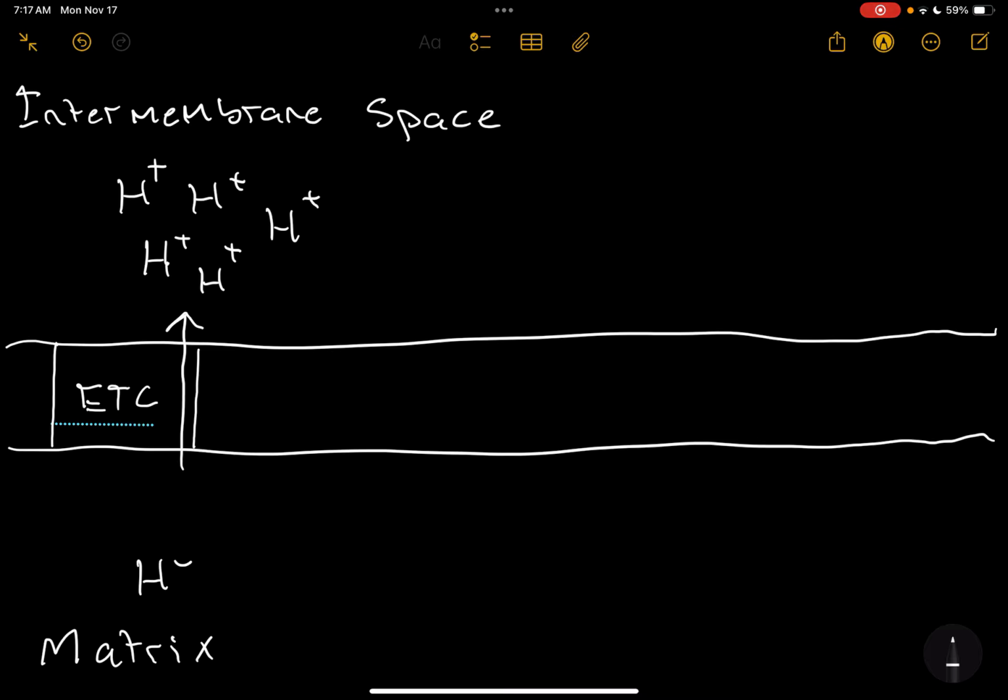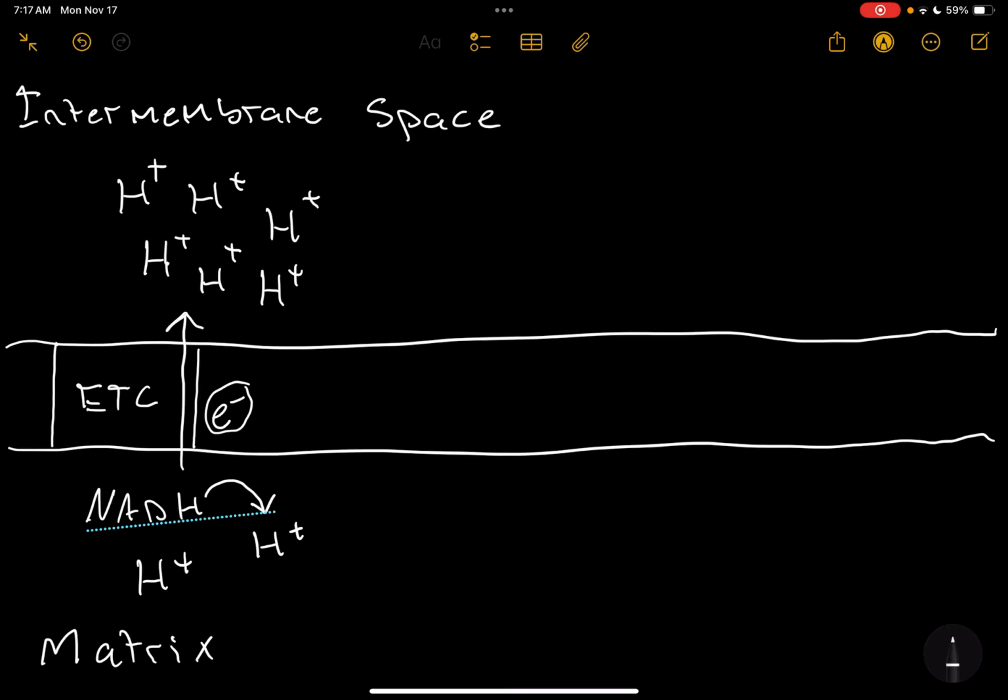We know that's done through electron carriers like NADH. NADH is used for its electron, and the power of this electron pumps the hydrogens into the intermembrane